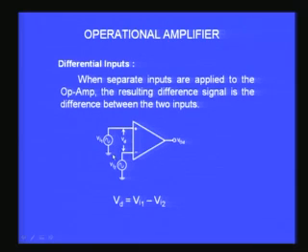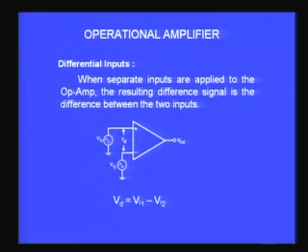But in actual practice, you would be giving to the two input terminals of an operational amplifier typically one voltage source corresponding to Vi1 and another voltage source corresponding to Vi2 independently, without either connecting them together or connecting the voltage source between them. In that case, how do we obtain the Vd and the Vc, the differential input voltage and the common mode